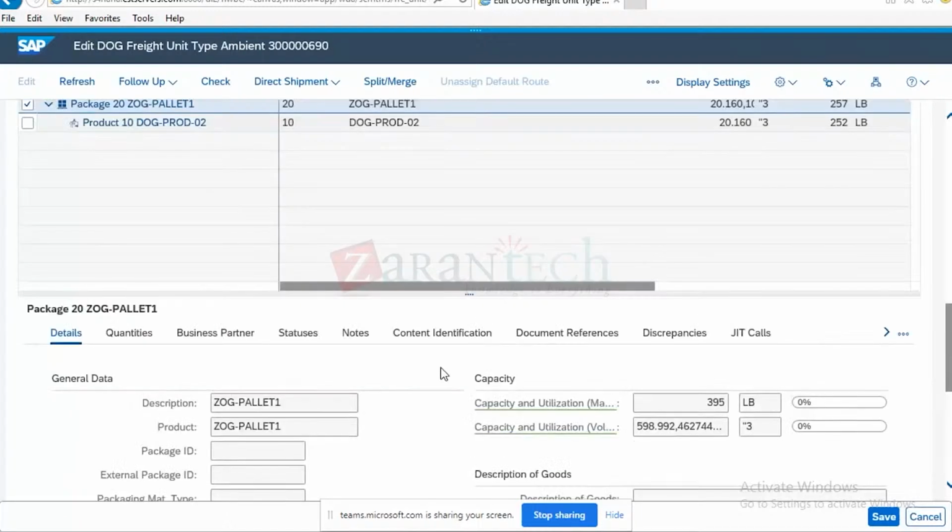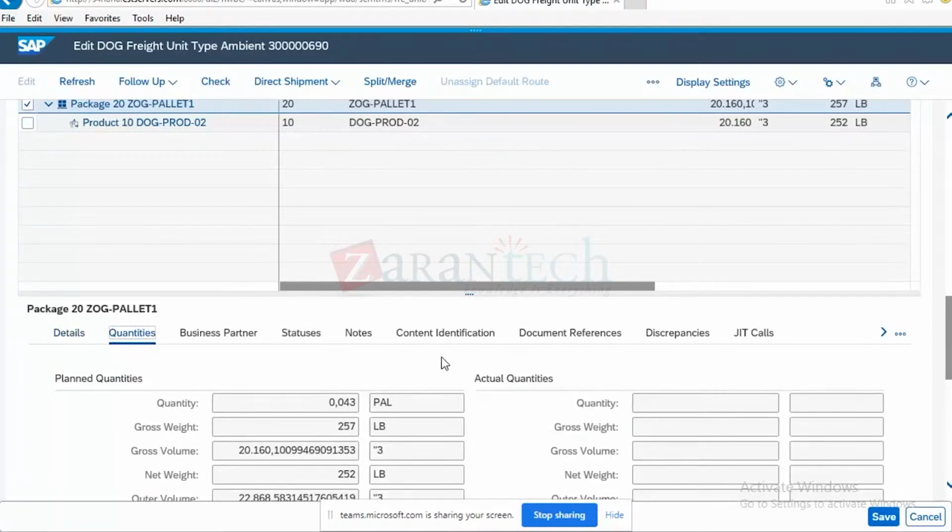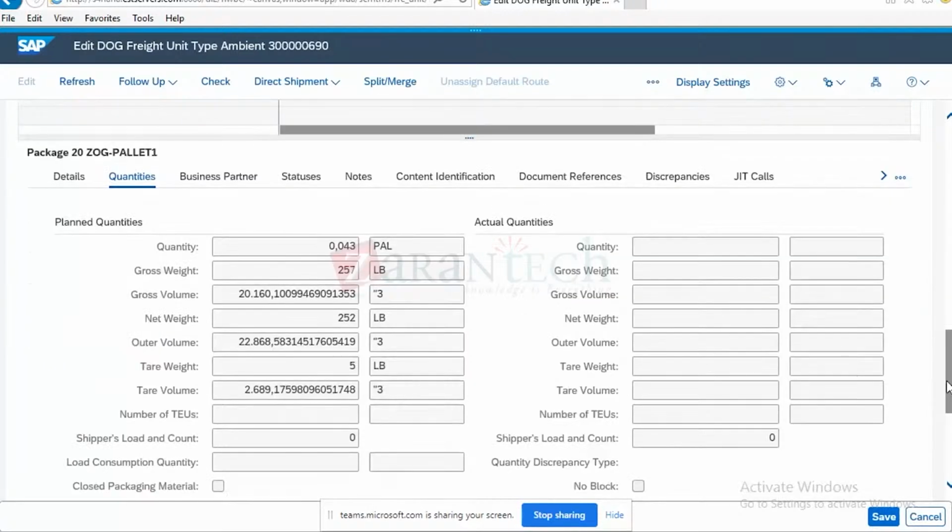And if you go into the quantity information, you can see what the planned quantity is. The planned quantity actually comes based on the planning which you have done, based on the quantities coming from the material master. Once you put that product into a package, the system will determine how many packages will be required to do the planning of that product. Accordingly, the quantity was this pallet, the gross weight was this, the gross volume was this, outer volume was this,